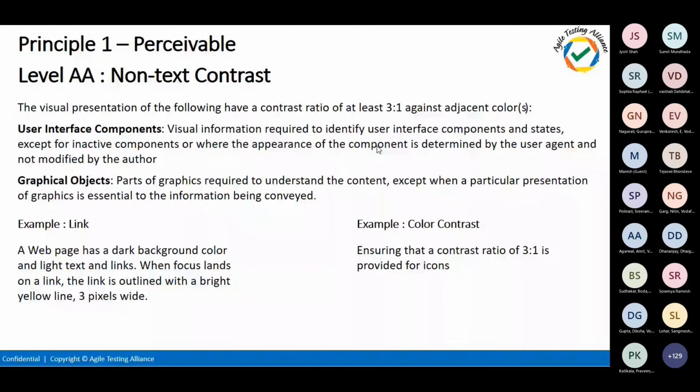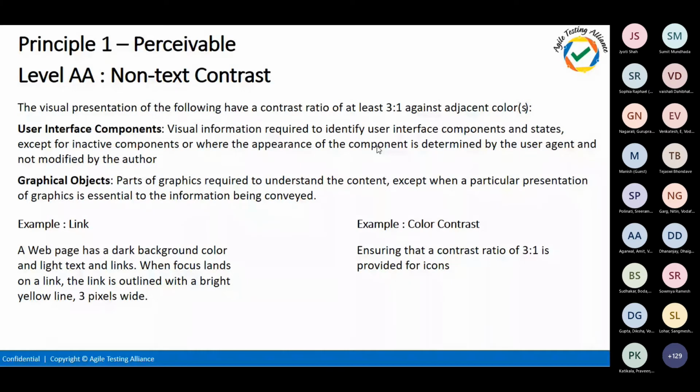Whenever you click the input field, you might have noticed that the border of the input box changes and it is set to focus. That means your cursor is over there and you're trying to fill it. Such test cases come under this.